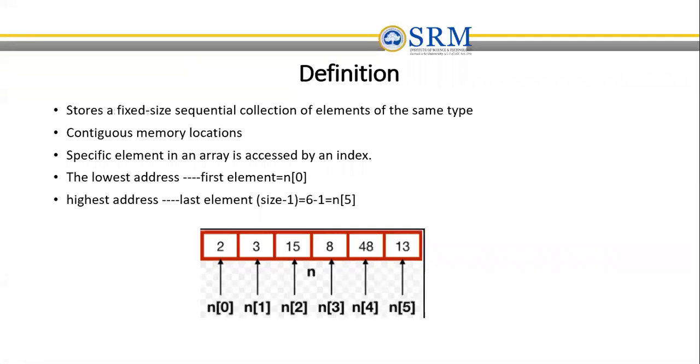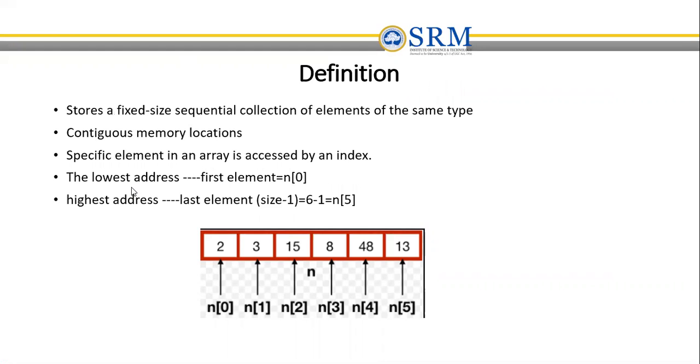So first we need to know what an array is. An array is a type of data structure; it comes under data structures. But the thing is, an array stores a fixed size, that is, a sequential collection of elements of the same type. The types cannot be different. Either it should be of integer type, float type, or character type. In other words, this is a contiguous memory allocation. Normally an array is accessed by its index.